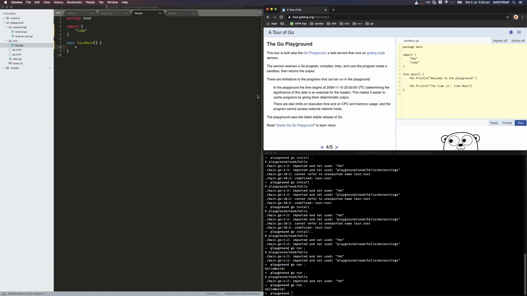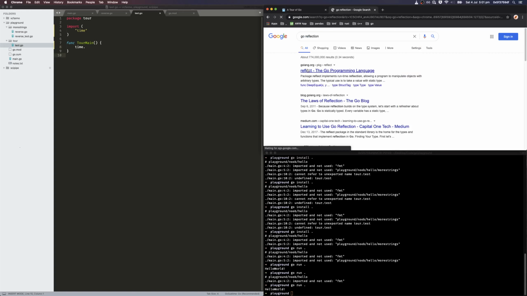Yeah, that's something I always want. The methods, right? Exactly. And obviously we could do this with an IDE, but if you just want to compile it and run it, I just want to see, is there a way to get all of your methods? I'm just going to look for the word method. I saw NumMethod. There you go. So if we just import reflect,